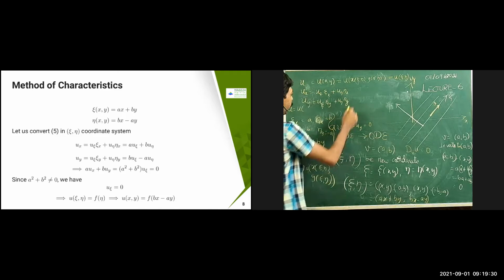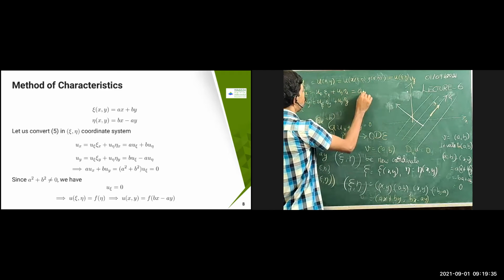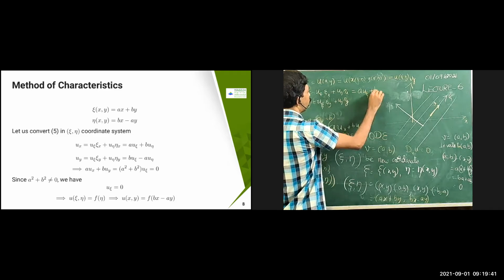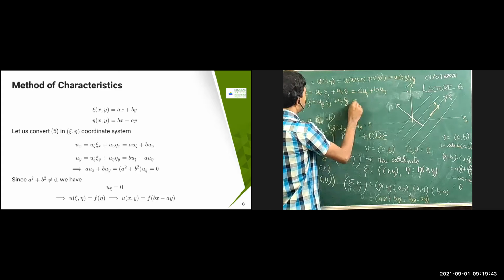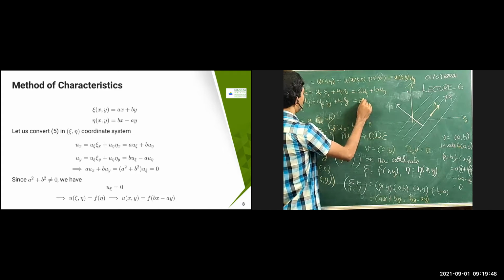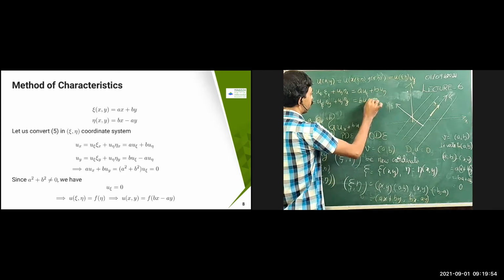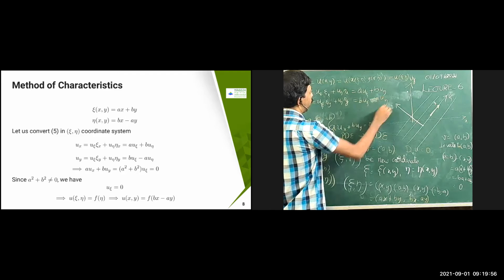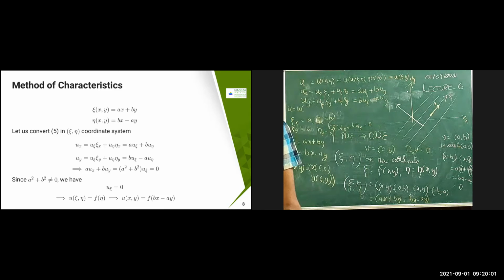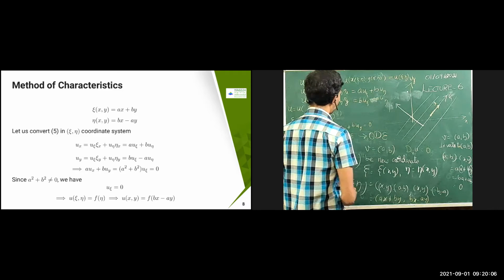Now substitute over here. What are you going to get? u chi x is going to become a u chi, and u eta x is b, so this is going to become b u eta. And u chi y is b, so b u chi plus minus a u eta. Now you substitute over here into a ux plus b uy equal to 0. So in that case, what is it going to become?